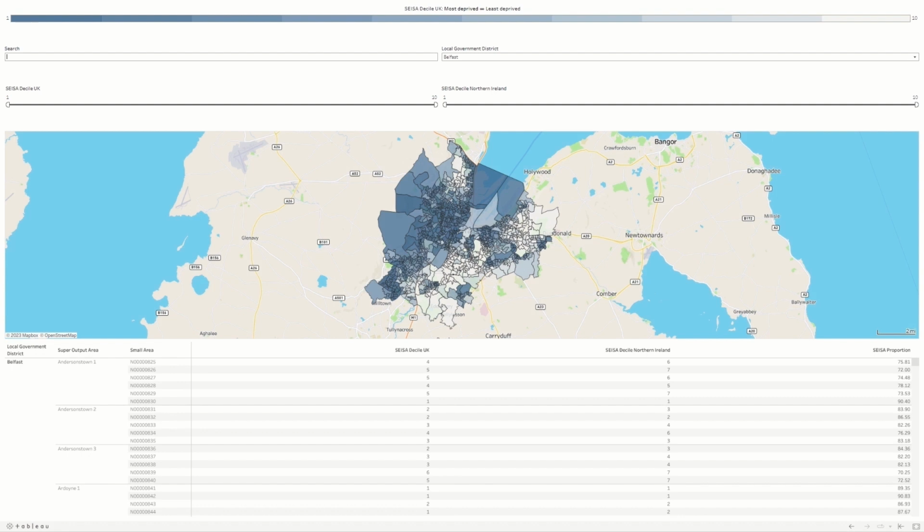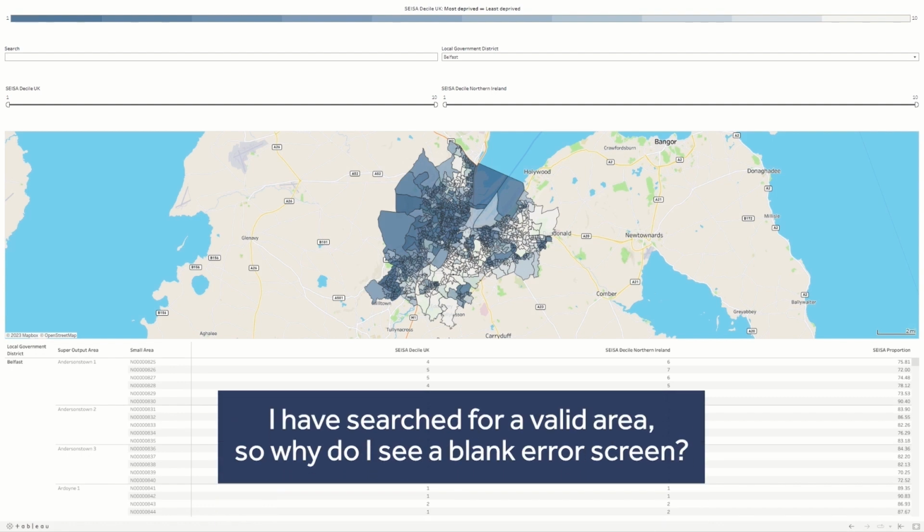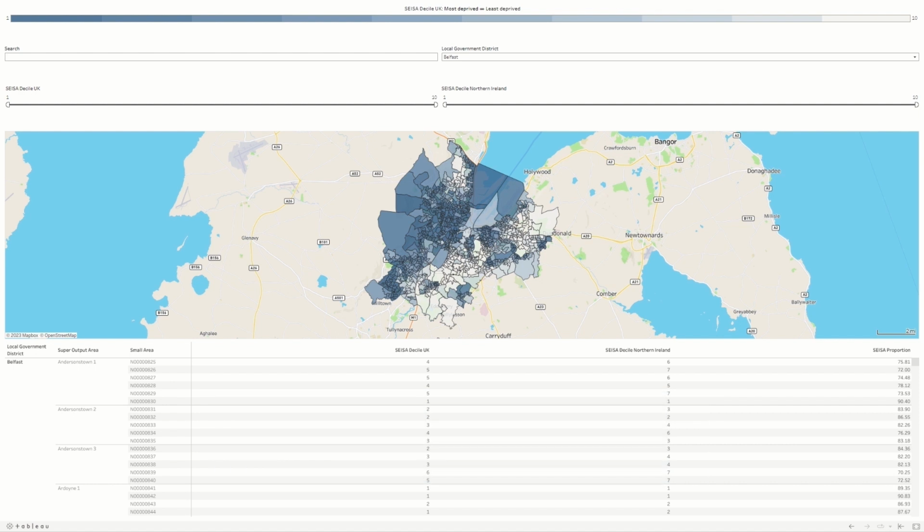If you have searched for a valid geography and received a blank error screen, please first check that you've spelled the area correctly, with no leading or trailing white spaces. If that is all correct, it may be due to the filters that you've applied to the maps. When you apply filters to the maps, it restricts the maps as well as the underlying dataset.